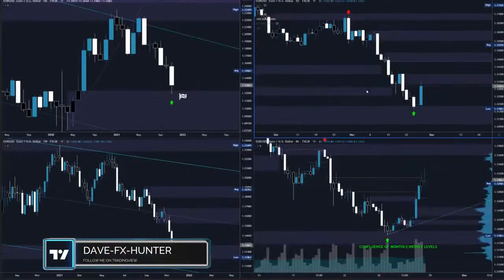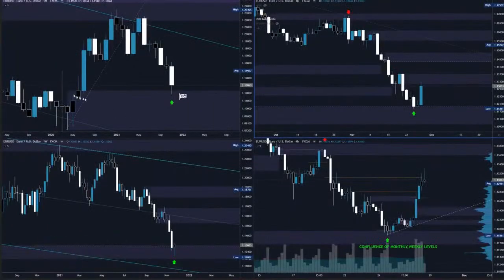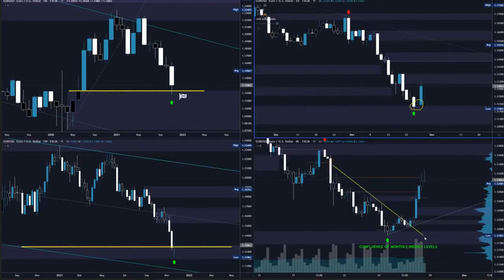Let's move to the next one. It's the euro as well, with the perfect confluence reaching the monthly zone and the weekly zone, which was as well expected. On the daily we have the reaction. Here we had the perfect trade. I actually posted in my Telegram channel where I just expected, based on the reaction on this monthly, weekly, and the daily, just the break of this trend line and entry on the retracement,